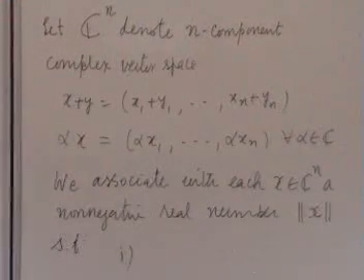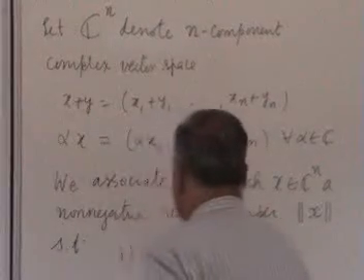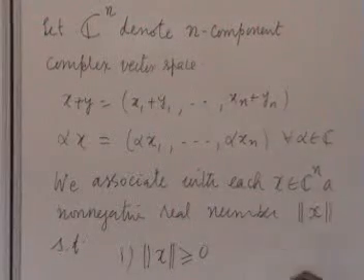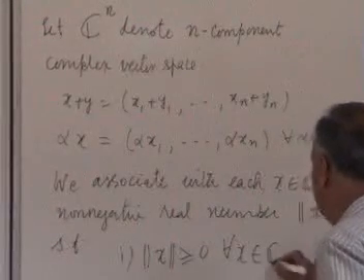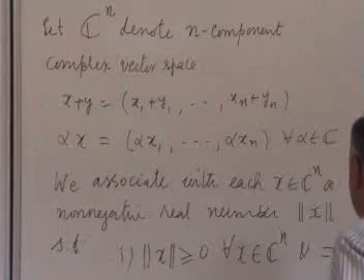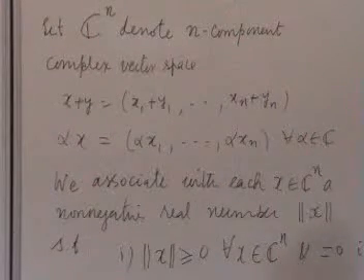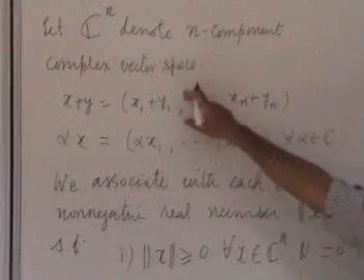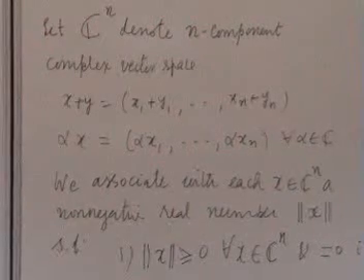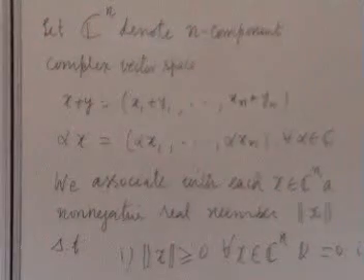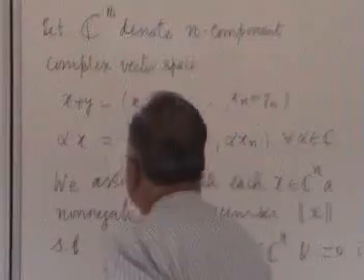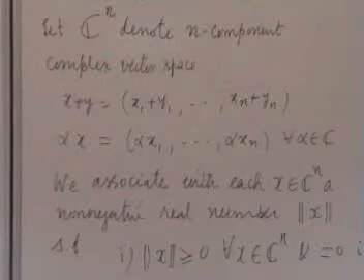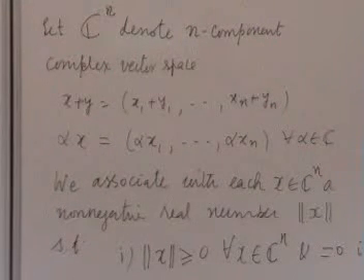First of all, the association must be: with each vector we associate a number which is non-negative and equal to 0 if and only if x equals 0. Now instead of x in Cn, you can start with Rn and take the real scalar. So you can take the real vector space also. In general, you have to count that vector space. Secondly, in a vector space there are two operations. One is vector addition, the other one is multiplication of a vector by a scalar.